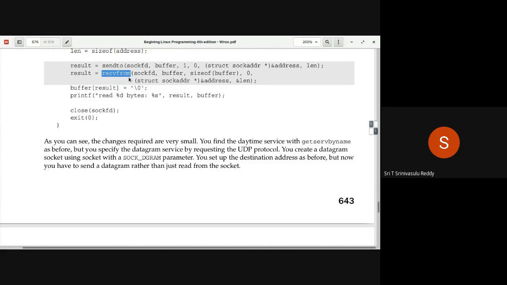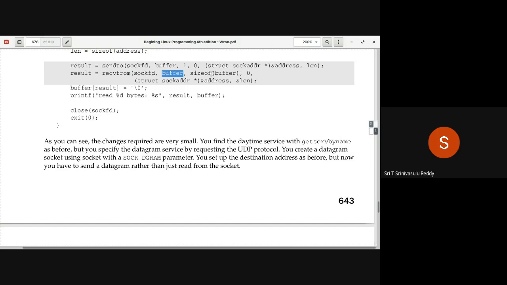You say recvfrom of socket, and whatever response you get must be stored somewhere, so you are storing it into buffer. It can be anywhere, but here as part of this logic, you are using buffer. But you should also specify the size of the buffer so that recvfrom does not overrun that buffer, right? As usual, we do even for the other file descriptors. So you specify the size of buffer.